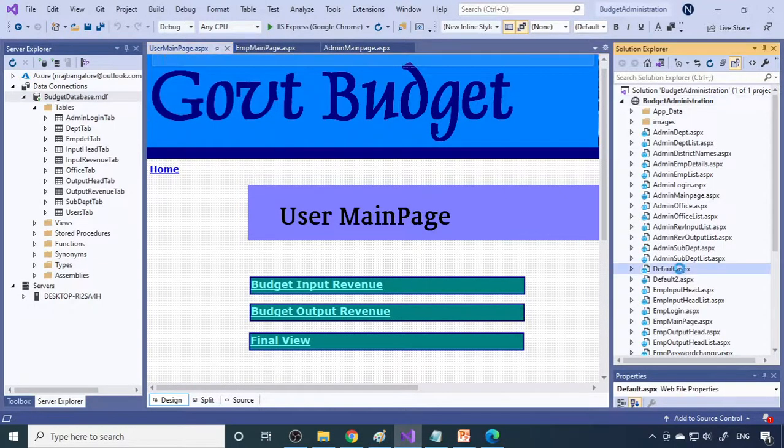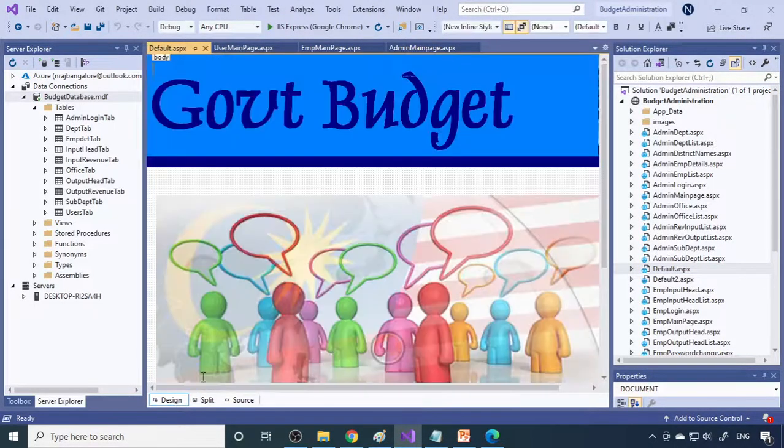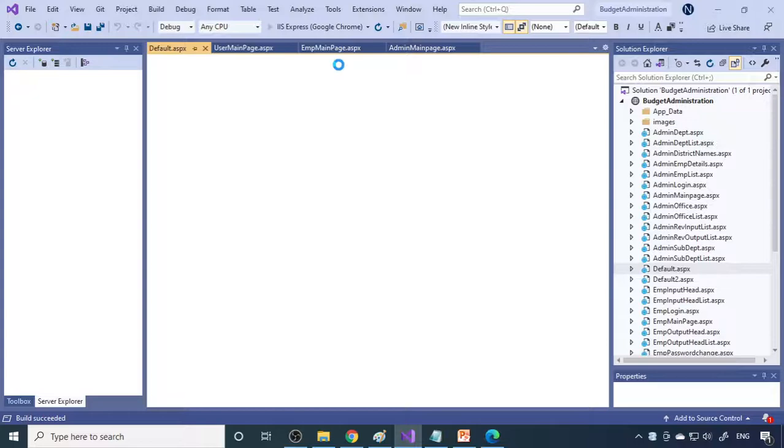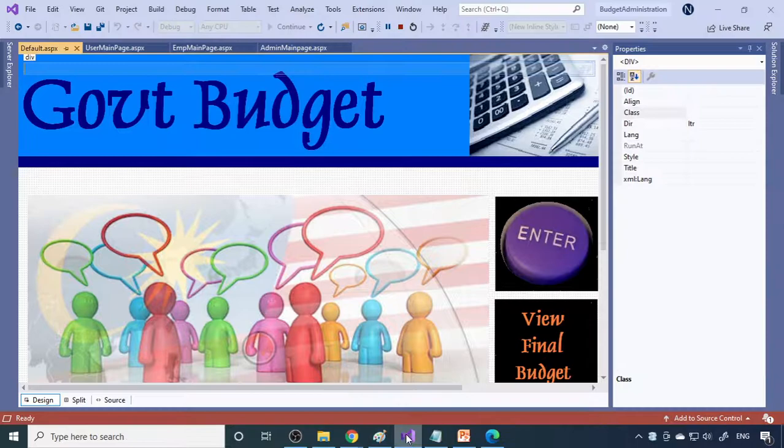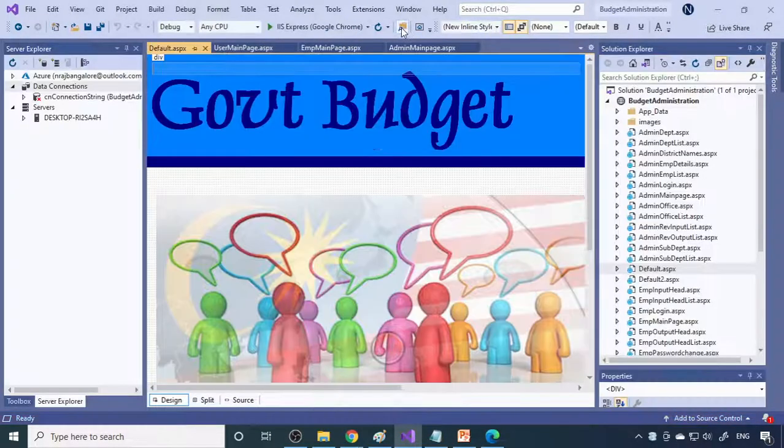Now we can run the project. So this is the main page. So here is IIS. Click IIS. Now you can see that the project is opened in the browser. So what I'll do is I'll just come back to Visual Studio. I'll stop the